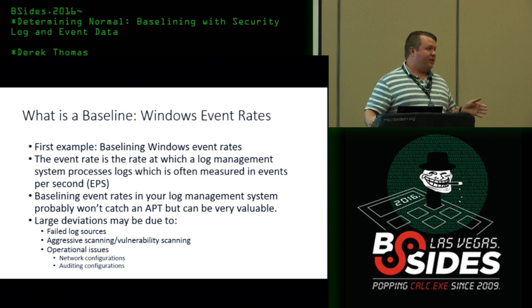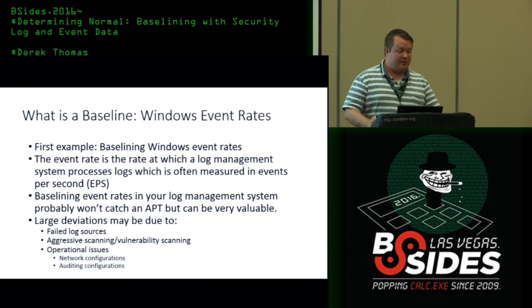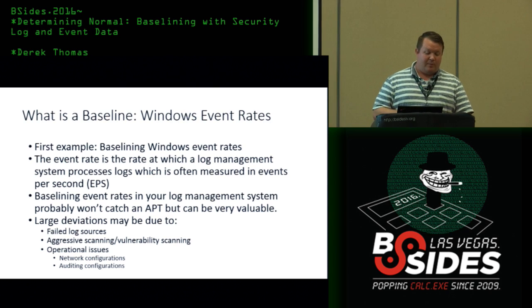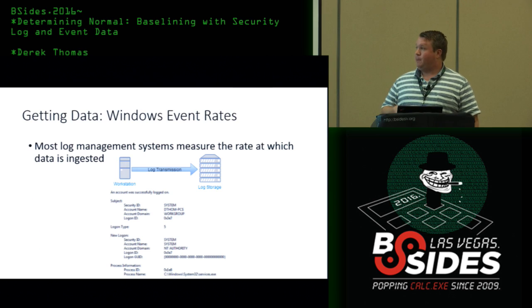Maybe there's operational issues. You can't catch an APT if you're not logging, and if your agent on the domain controller failed, and you don't know it, that could be a significant problem once that data starts to roll over. And also, you may think you're logging, but you're not due to audit configuration. So maybe you don't even produce logs for login failures.